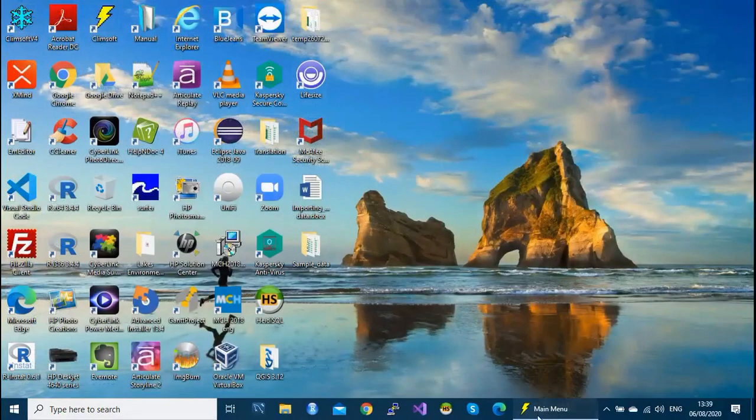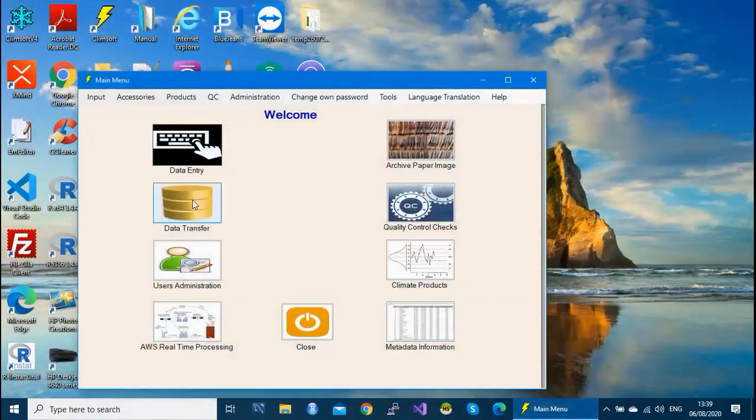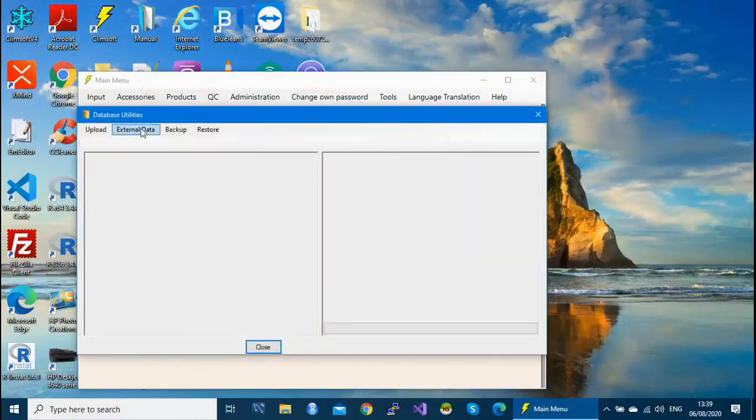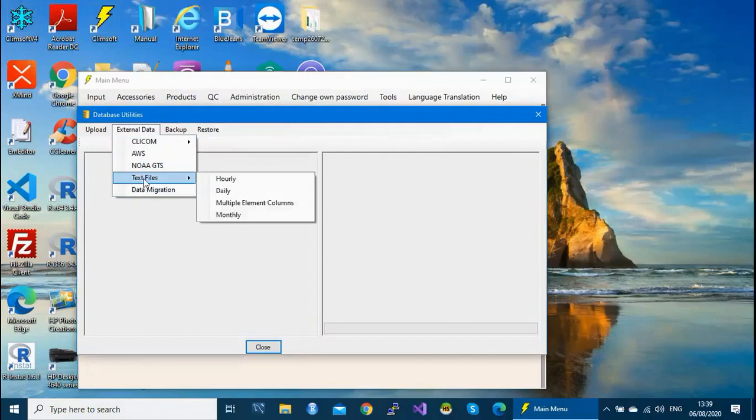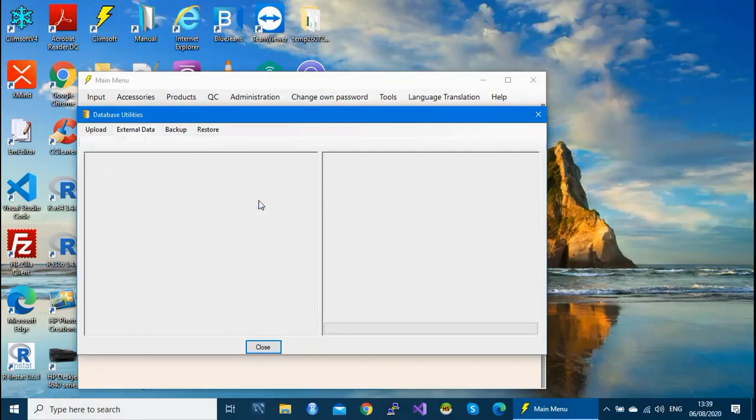Okay, so go to CleanSoft, data transfer, external data, text files. Now our elements are in multiple columns, in different columns. Our elements have each got one column. So we are going to select this multiple element columns.